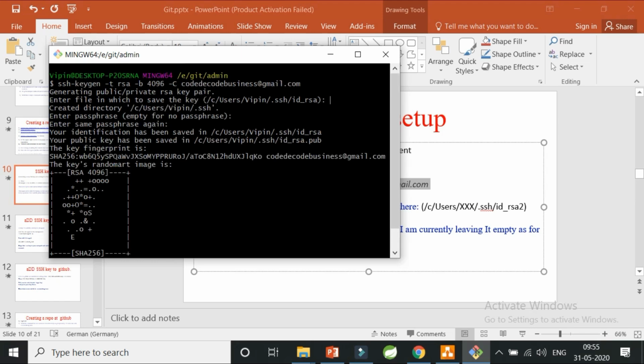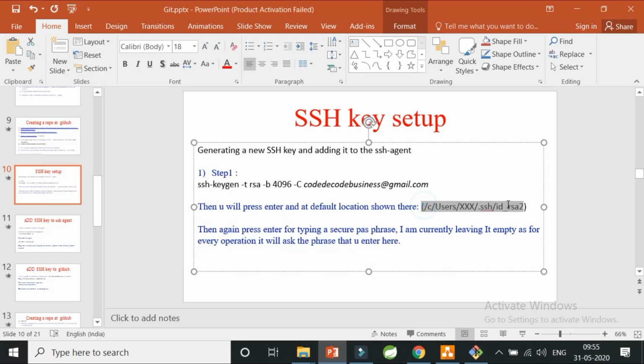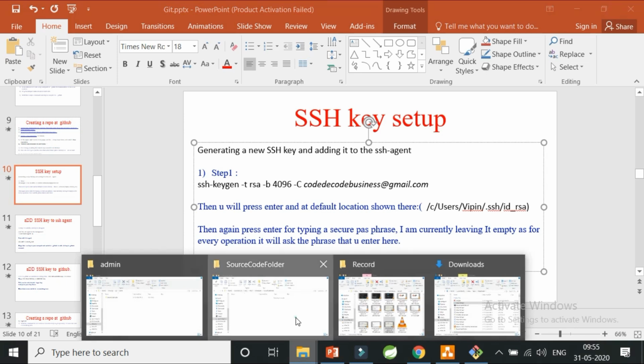What we have to do is copy this particular path and paste it somewhere so that it is available for us in case we need it. So yes, we will be needing it, and I'll go to this particular path for you.